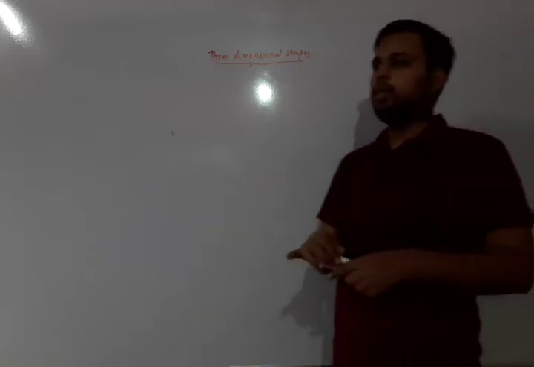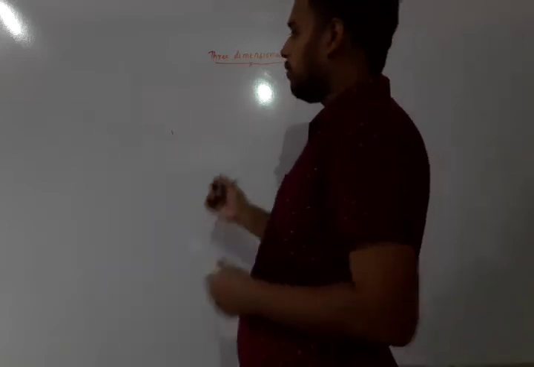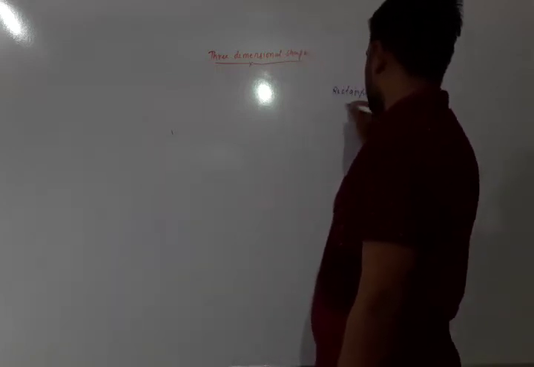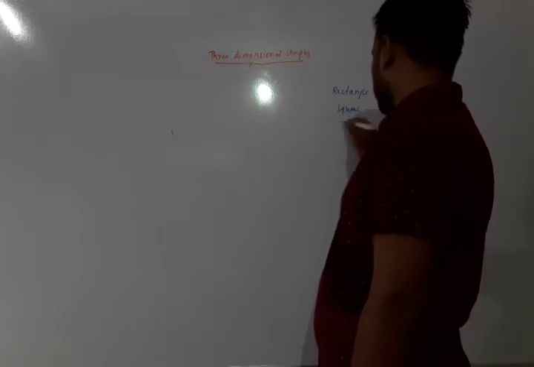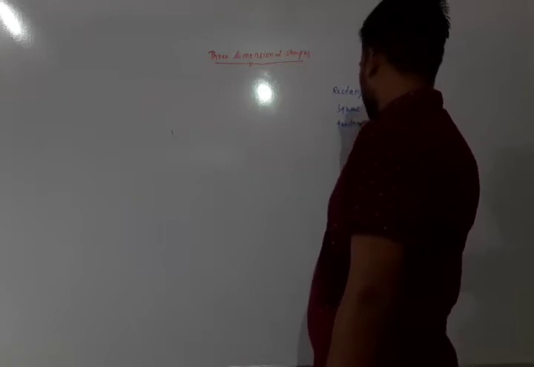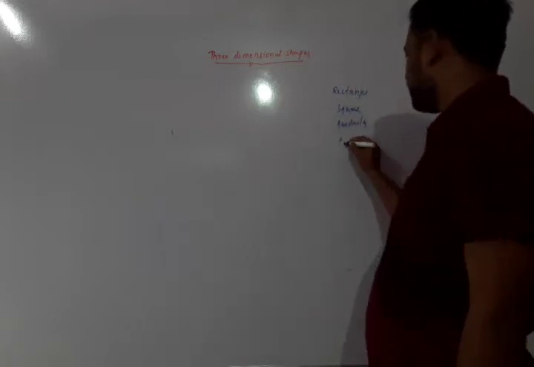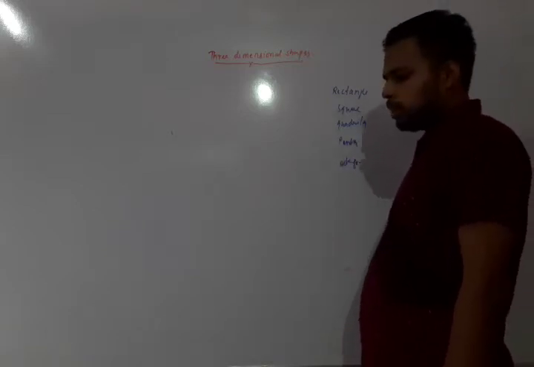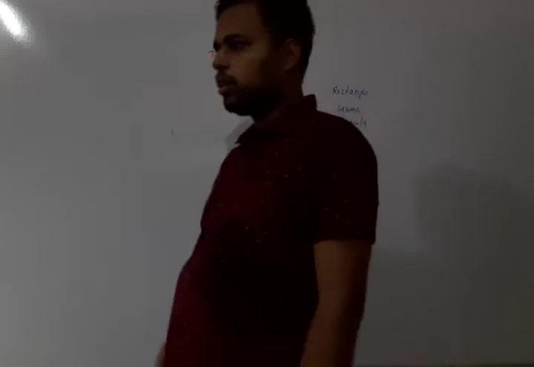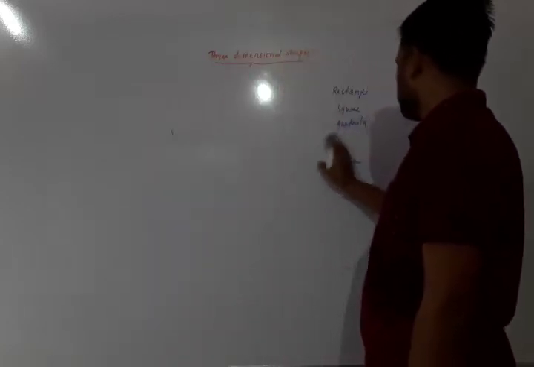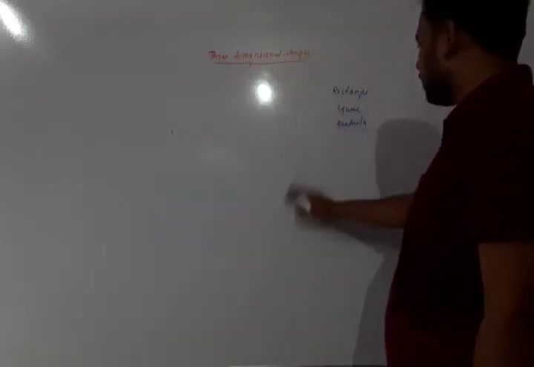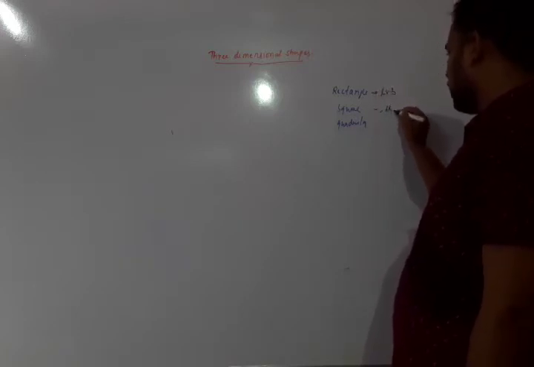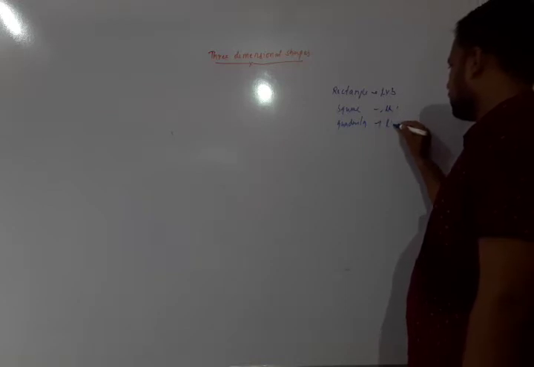Till now we have seen two-dimensional figures: rectangle, square, quadrilateral, pentagon, octagon. These are 2D shapes, meaning two-dimensional, because here there are two dimensions, length into breadth, when L equals L, quadrilateral, length, breadth.